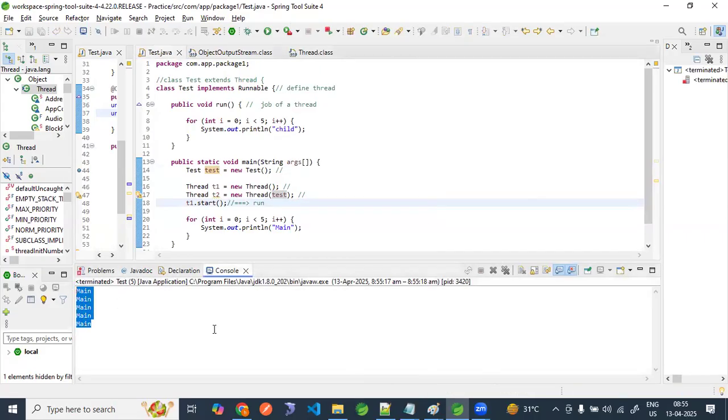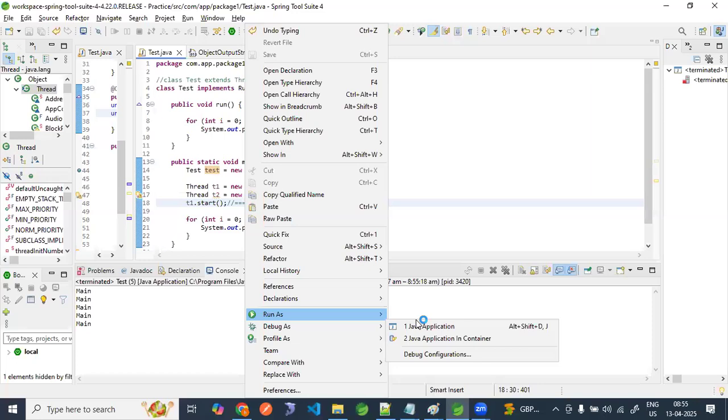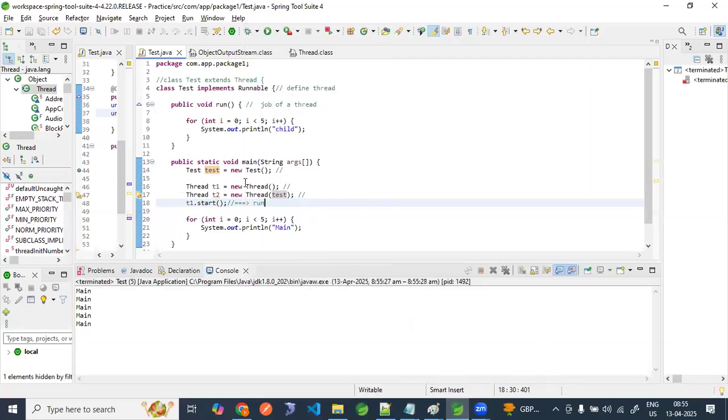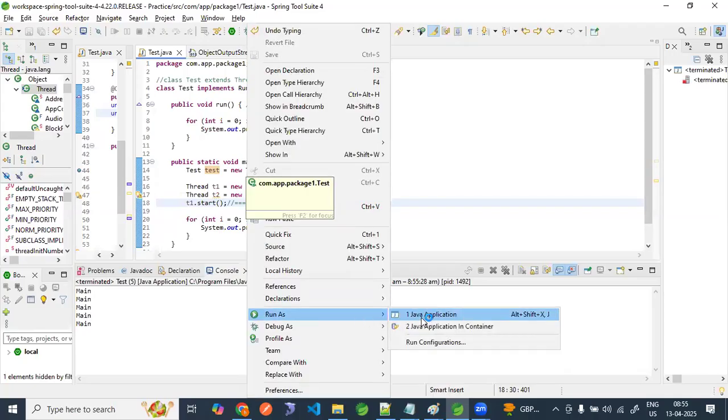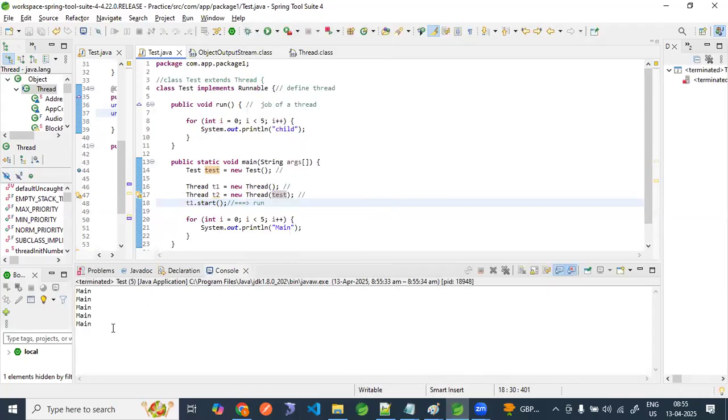What is the output that is coming, guys? Right, only main. Run this. Main only, right? Main thread. Okay, run this again. Only main is coming, right? Main is running. Why? Because